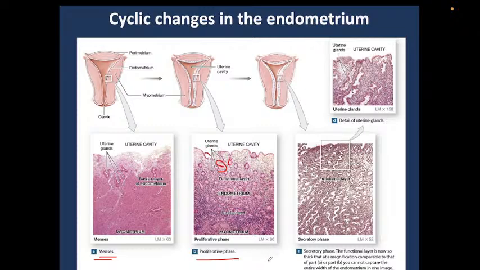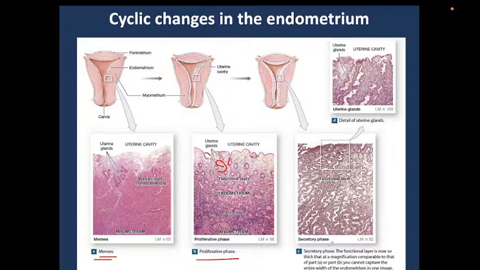Usually it takes about 10-12 days, and it is finished when all glands start to produce the secret, before ovulation, before the oocyte comes from the ovary